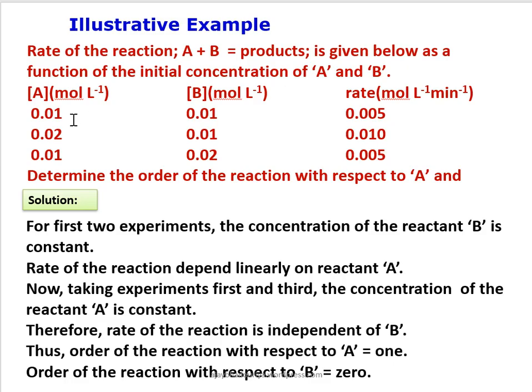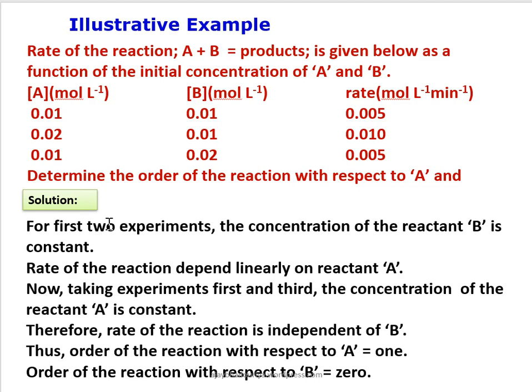So you can find out the concentration raised to the power. Suppose this is raised to the power of x and this is raised to the power of x, and this is raised to the power of y, raised to the power of y. It means that will become cancelled. Then you will calculate the value of x. So when you get the value of x, you will find out the order of reaction with respect to A.